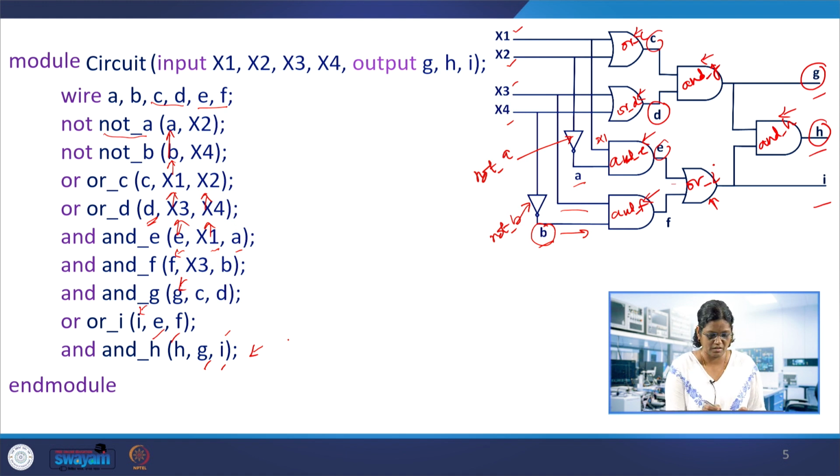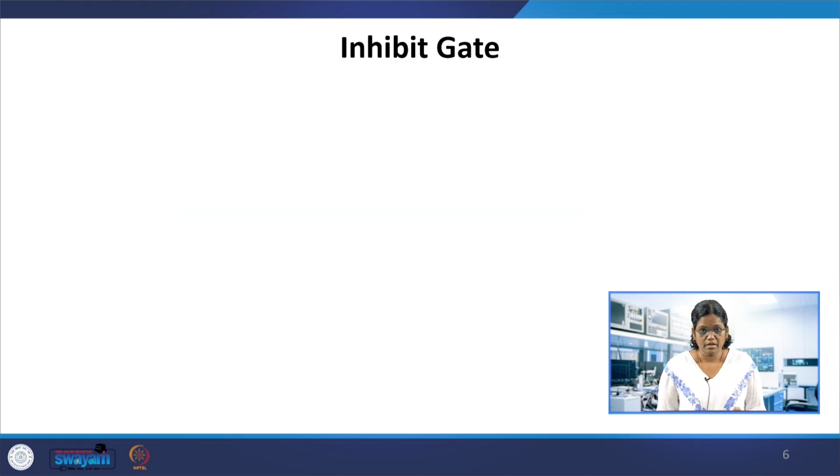These are instance statements, because we are calling or instantiating this module, these small components, these AND gates, built-in gates inside a module. This is one way, following the instance port association of format 1. Next we look at one more example for format 2, that is the inhibit gate.